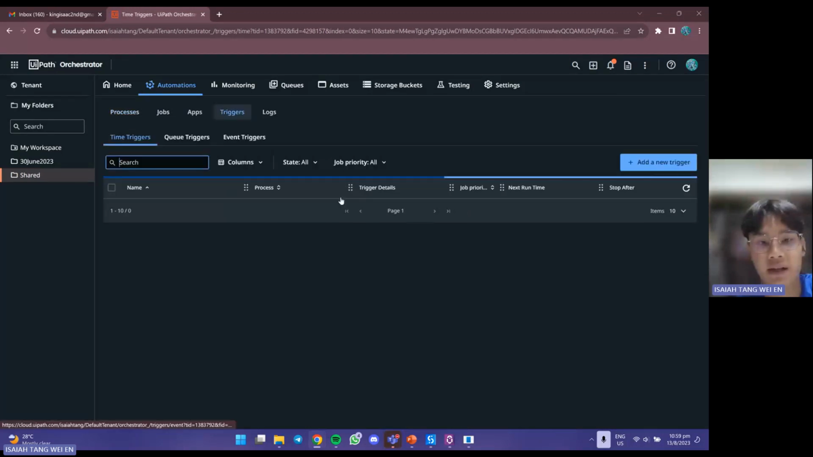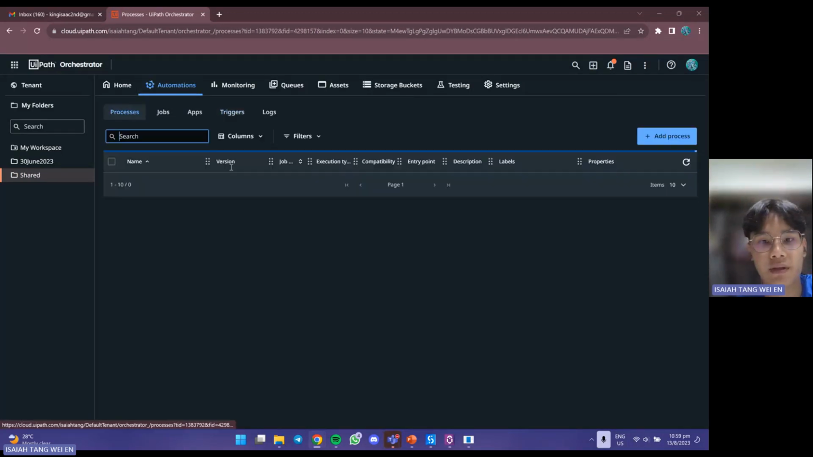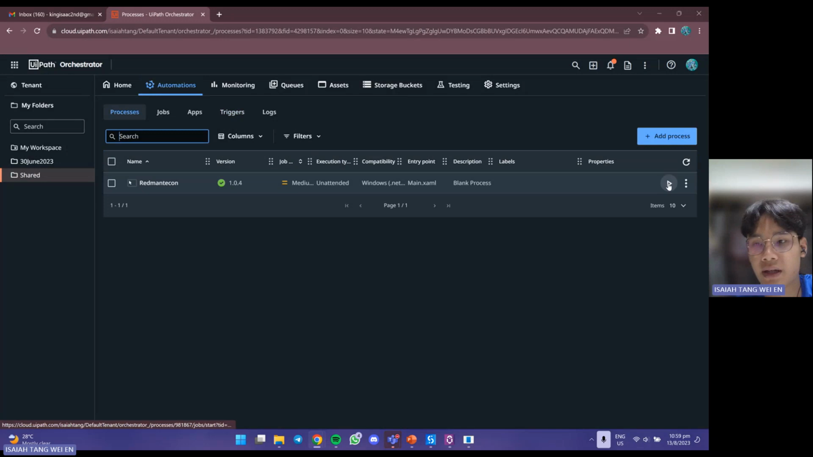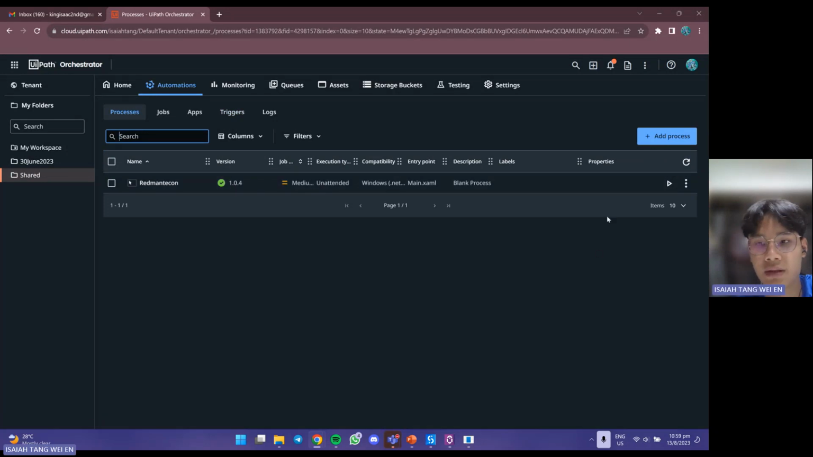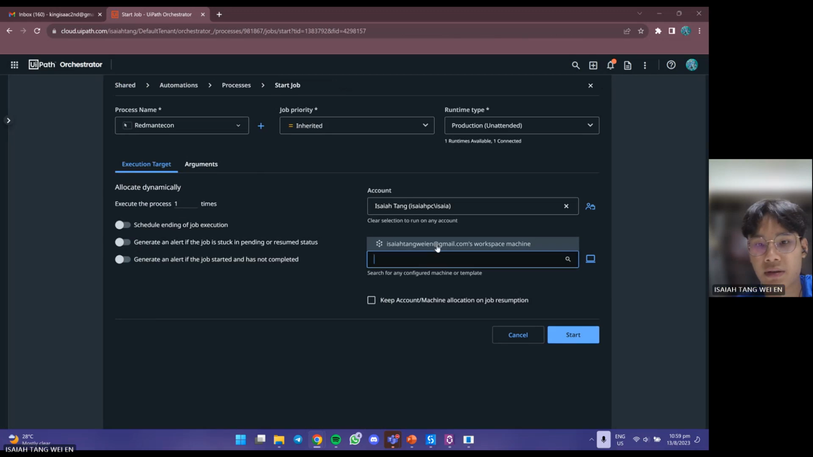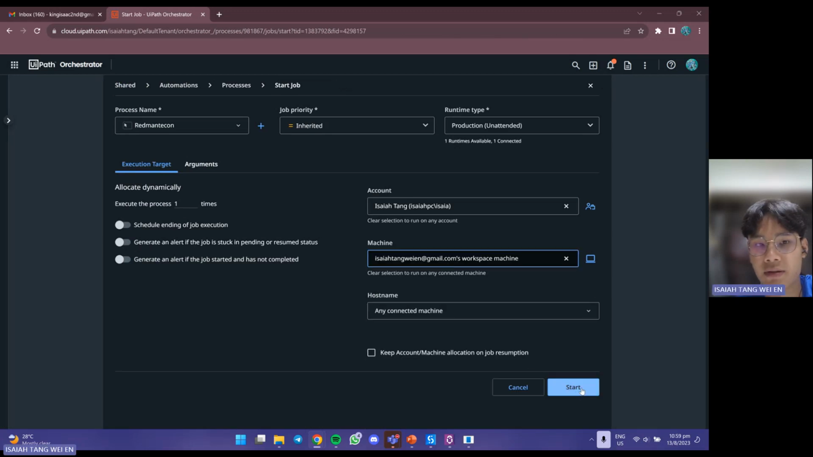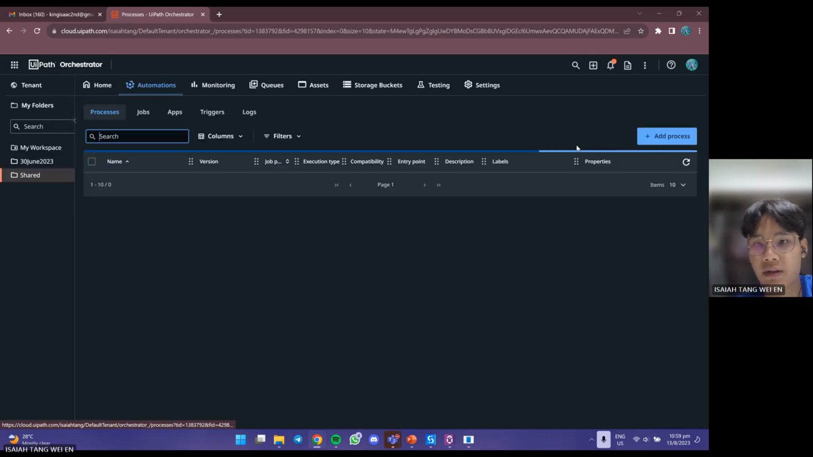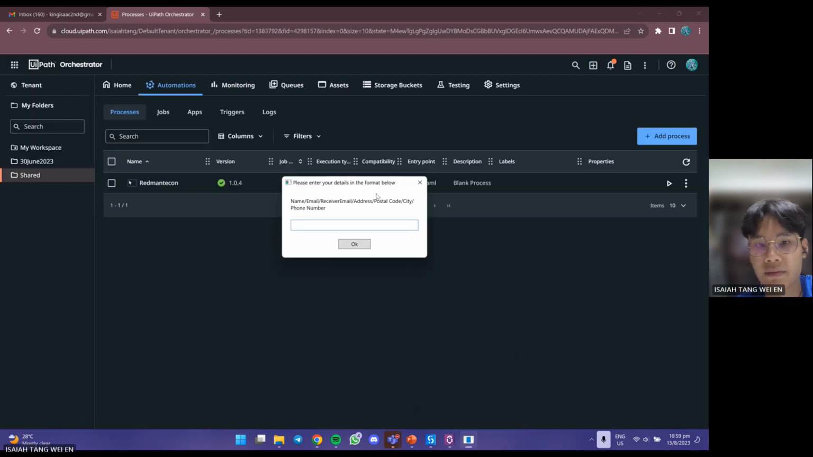Pentacon to the orchestrator. Then after that, I also added the time trigger, but I won't use it today. So I'll press start job, then this, and then this. Then I'll press start. Okay. Then this thing will come out. So then I'll press the name,